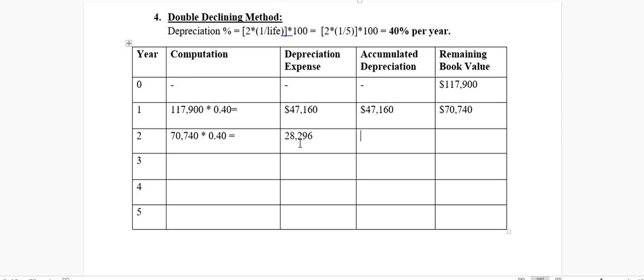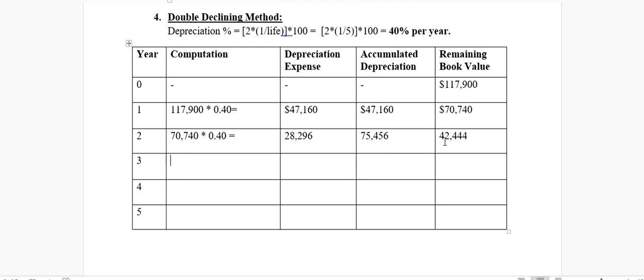$28,296. Our accumulated depreciation would be the total of the depreciation till the last year, that's the previous year, plus the current year depreciation. So we add them and we get $75,456, while the remaining book value is 70,740 minus $28,296, we get